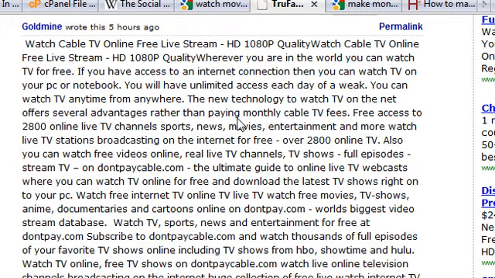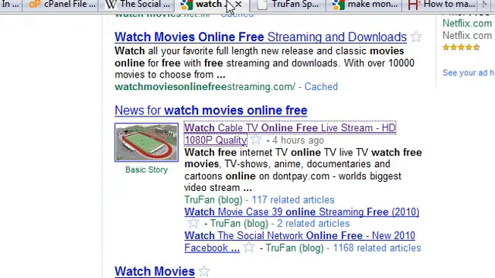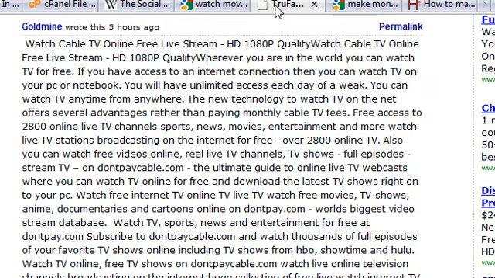Let's say for instance his keyword in here was watch movies online free. If he'd had in bold watch movies online free, and then the very first paragraph said something like, if you're interested in learning how to watch movies online free, then I've got a great resource for you, and talk about it and mention it first and a couple of times, like two or three maybe, and then have three or four paragraphs or five paragraphs and don't mention it anymore except for in the very beginning, then that will show up just fine on Google News or Google or Squidoo or your blog or whatever.